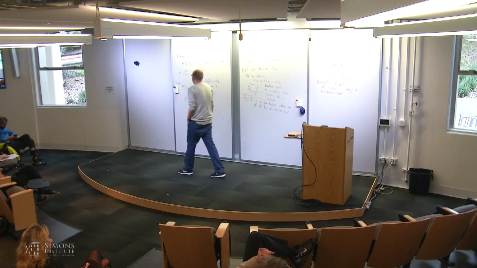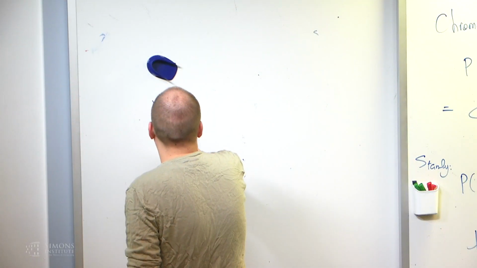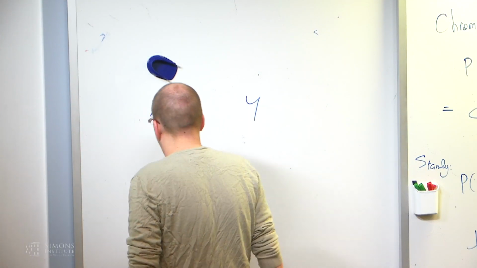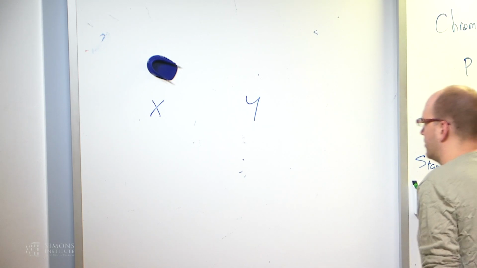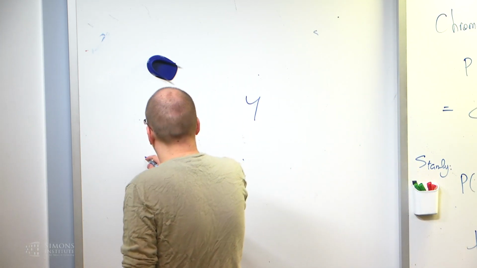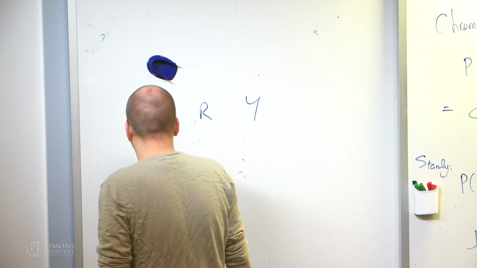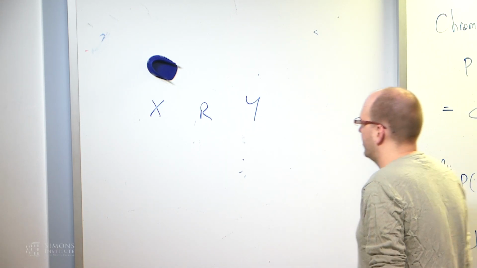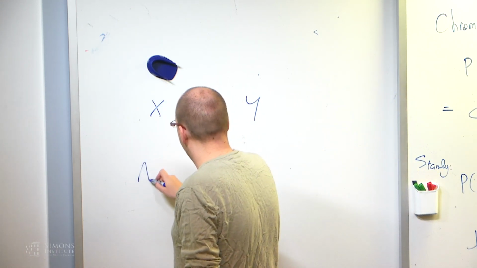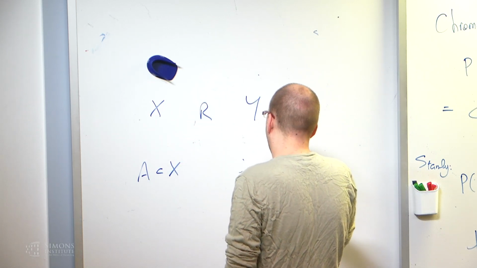So, what does the classical Hall marriage theorem say? It's rather simple, right? We have two finite sets, x and y. There is a version for infinite sets, but I will not go into this. And there is a relation between them, which is supposed to encode some kind of acceptable partners, such that for every subset A of x, the number of acceptable partners,